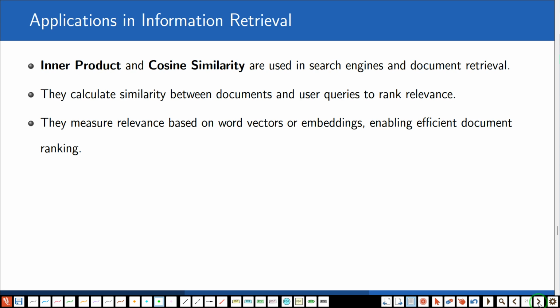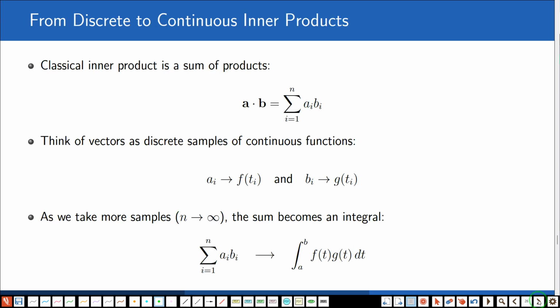Sometimes, yes, it is modified, or combined with other similarity metrics or cosine similarity as well, but it is very useful and it is the base for so many similarity metrics. So we have the inner product in information retrieval, and we can find so many applications of these in vector databases and search engines as well. However,